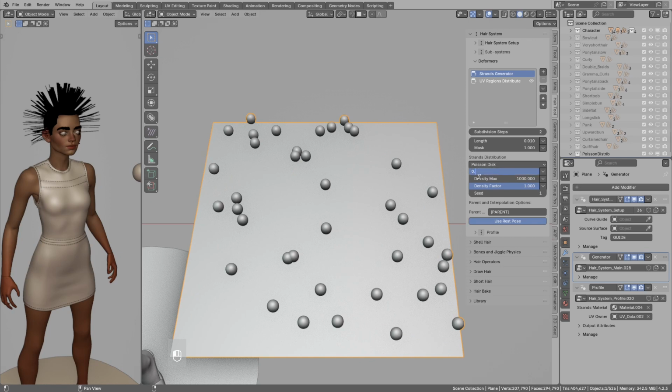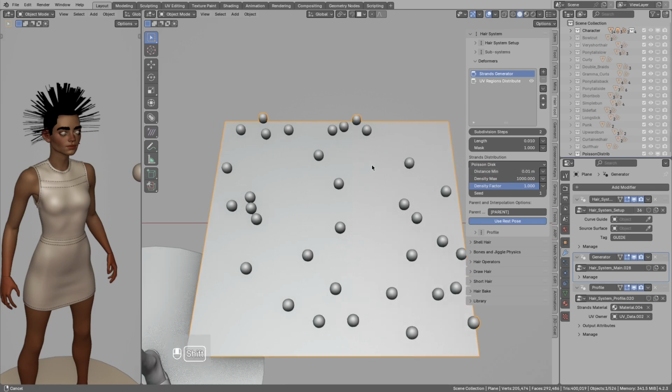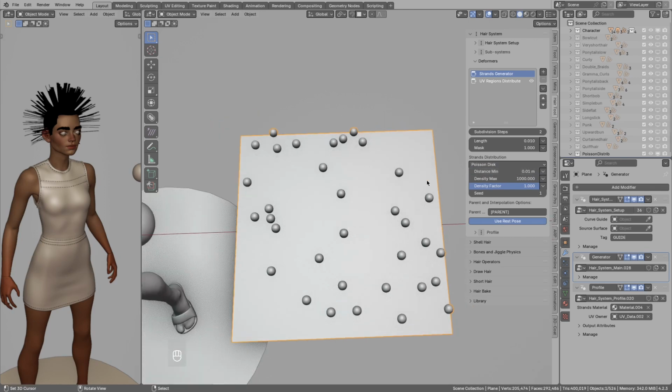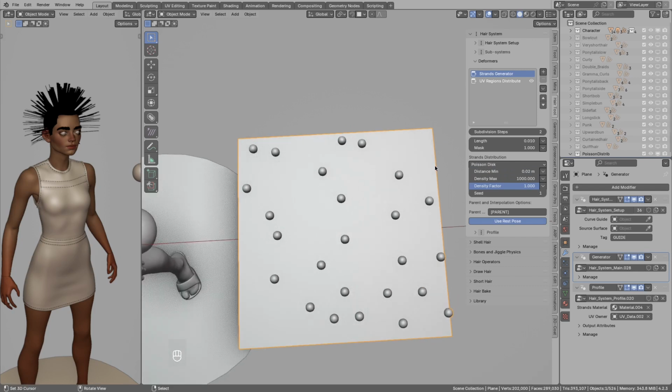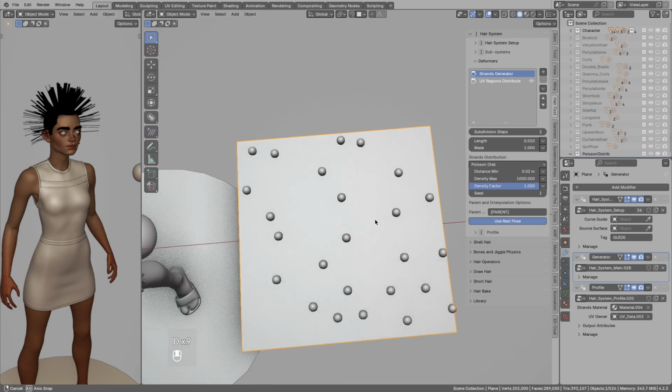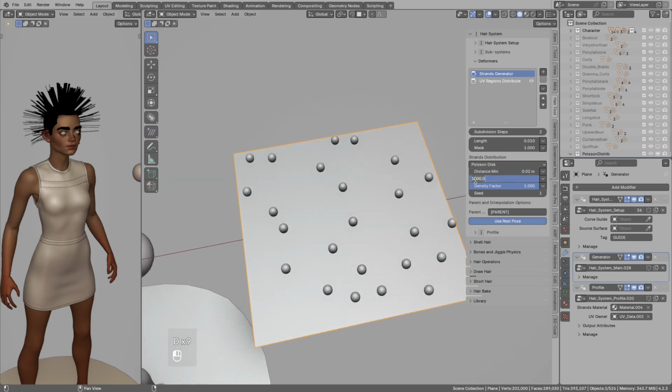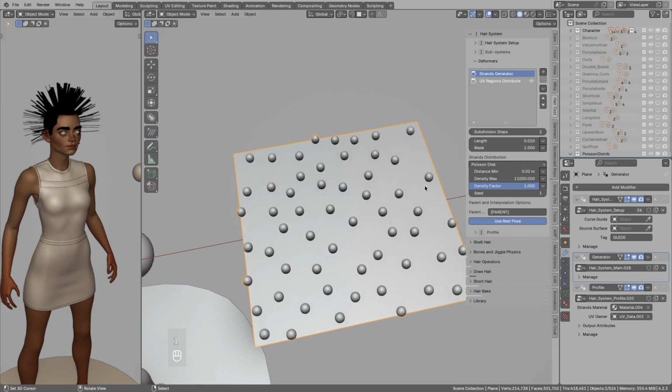If I set this to 1 centimeter, the points that are closer than 1 centimeter to each other will be removed. So you can imagine kind of like the disk around each of those spheres, and if there is another sphere inside, it will be removed. When I set this to 2 centimeters, now the closest strands will be 2 centimeters away, and to compensate the bald spots, I could fill them with the increased density.